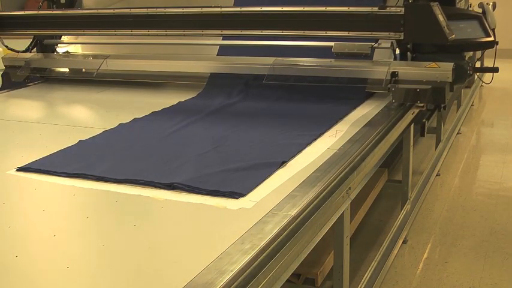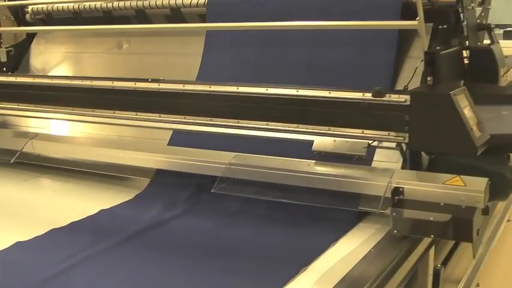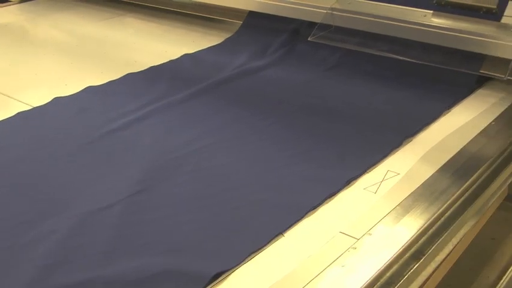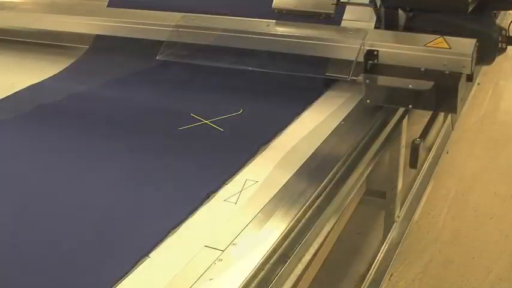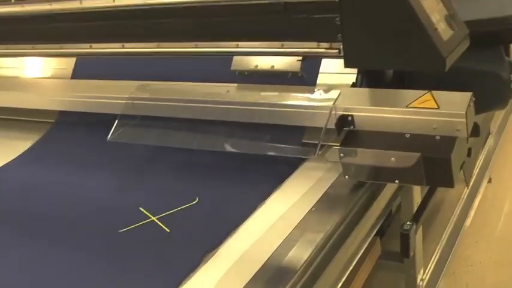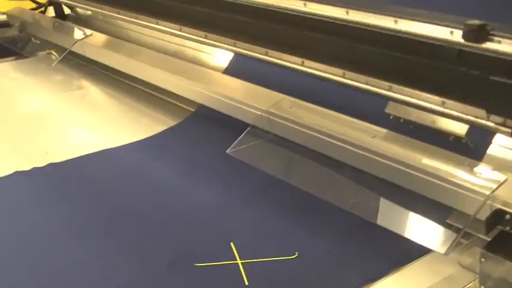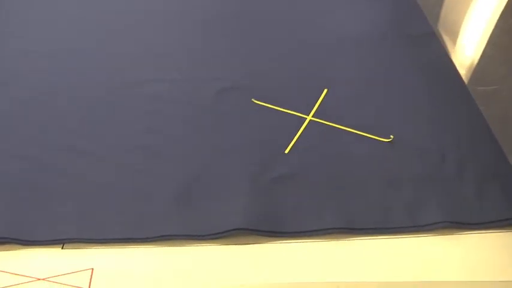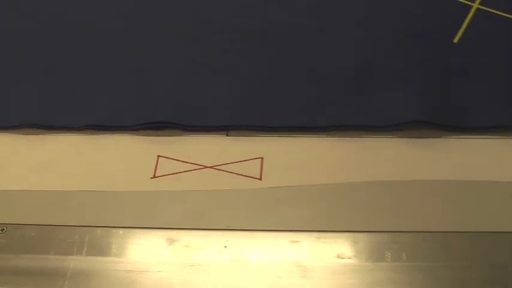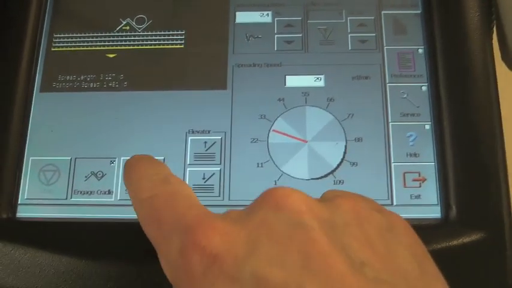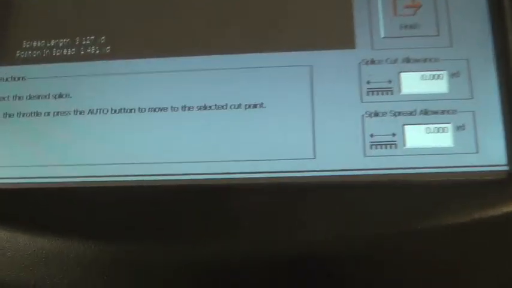So we're going to pretend we came into a flaw. All right, so I've marked the fabric with an X to indicate a flaw. There's our splice mark. So I'm going to come over to the machine here, hit splice flaw, and it's going to tell me